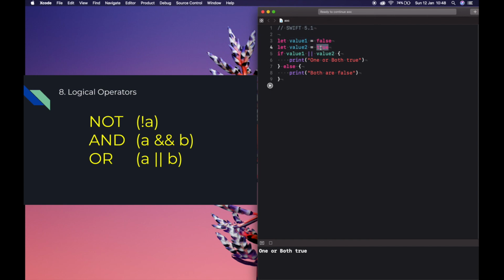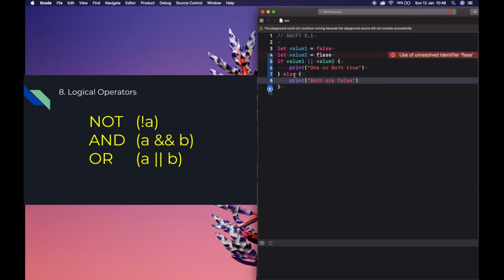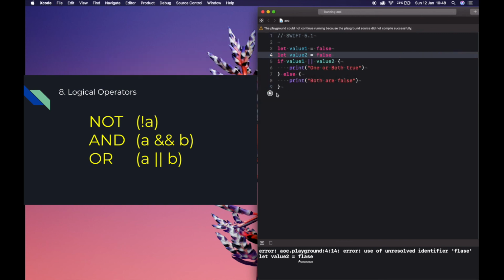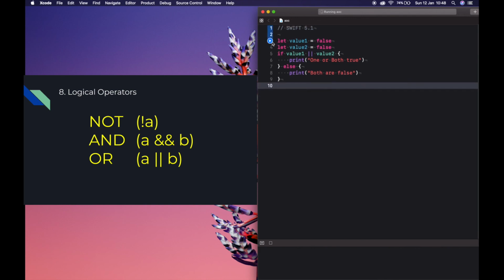And if both are false, this will go inside the else condition. See, both are false. So the logical OR means only one of the two values has to be true for the overall expression to be true. We can combine the logical operators.